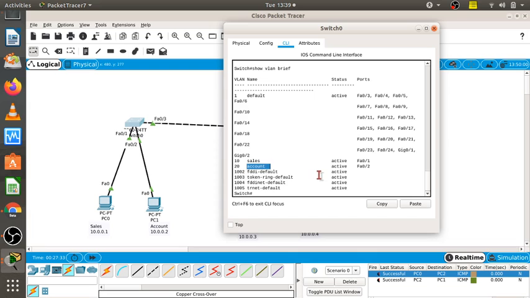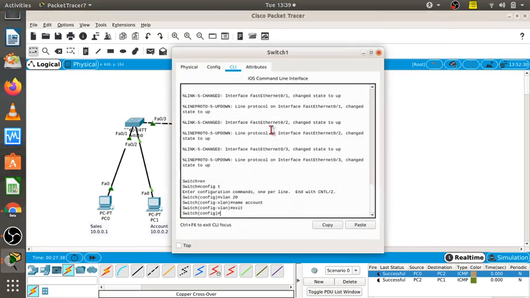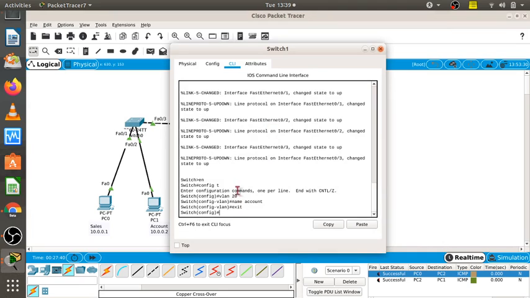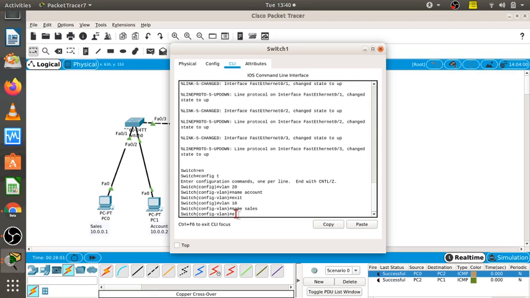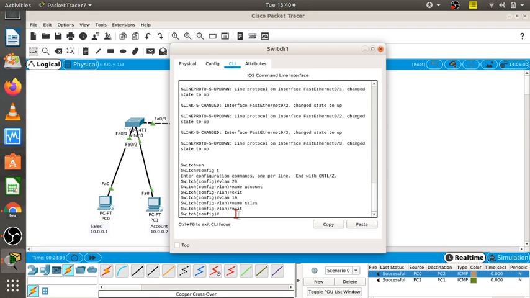Now the same procedure you need to do on switch number 2. Here I have already done VLAN 20. Now here again I will do VLAN 10, so VLAN 10 and name is sales, exit. Okay, now here again